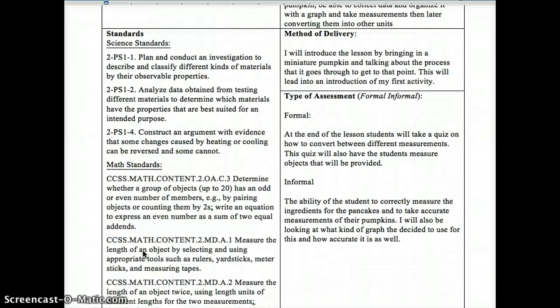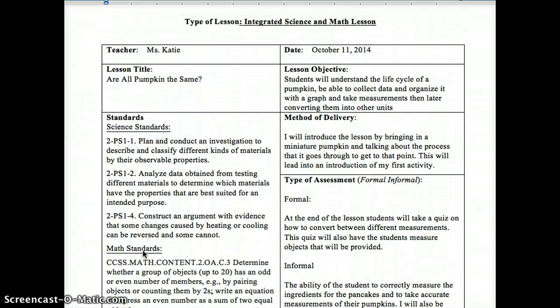Out of that, I came up with a lesson objective. Students will understand the life cycle of a pumpkin, be able to collect data and organize it into a graph, and take measurements, then later converting them into other units. So these are things that I want them to be able to do after we finish this lesson, and they should be able to do it with the activities